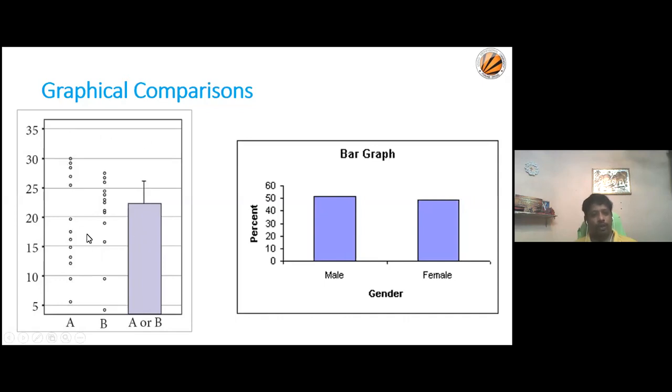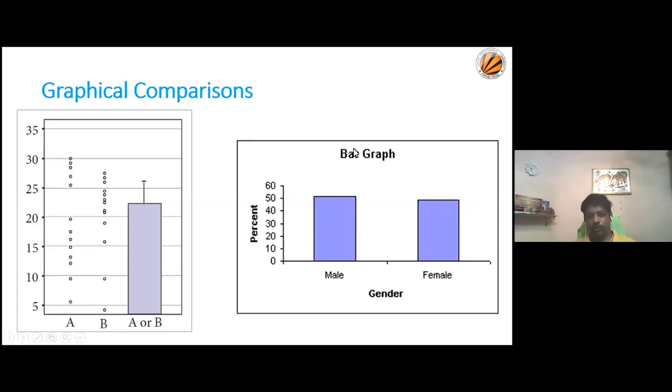And also they use two different types of plot within a single graph. We should avoid such things when you're presenting your data. Two different variables, two different sets of data, have been presented in different ways in a single graph, without the values, without the captions for the x-axis and y-axis.